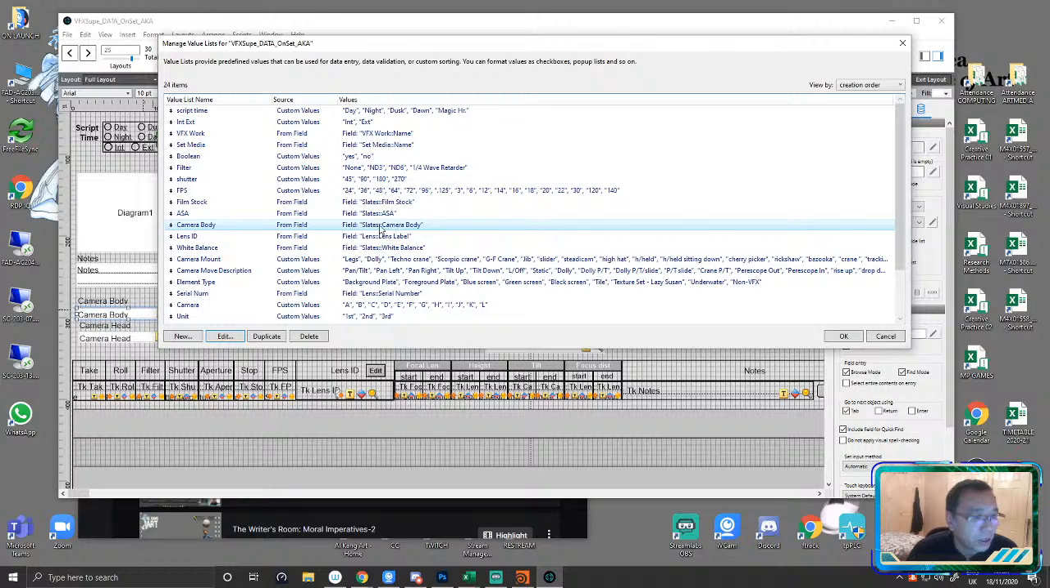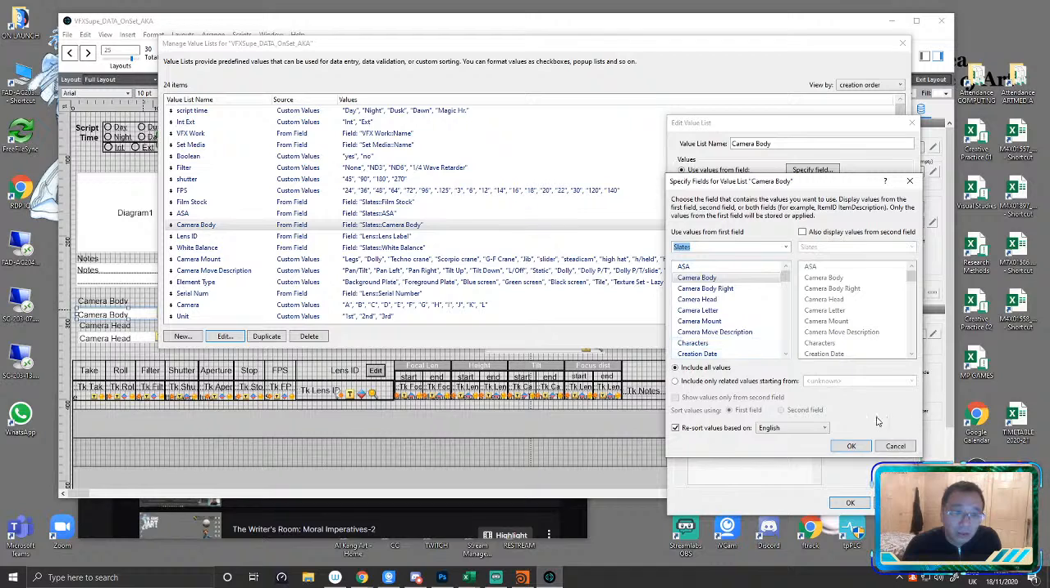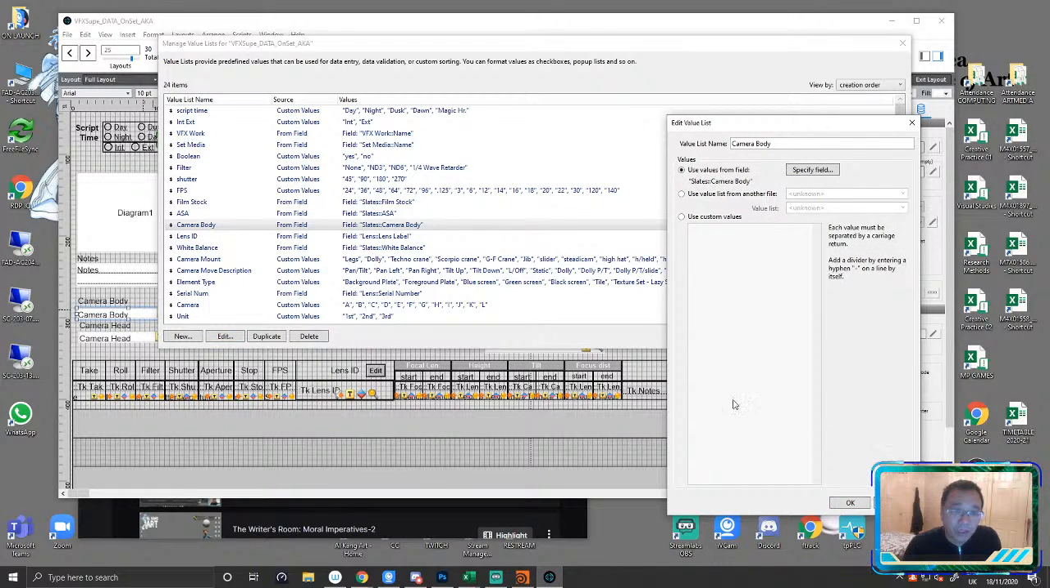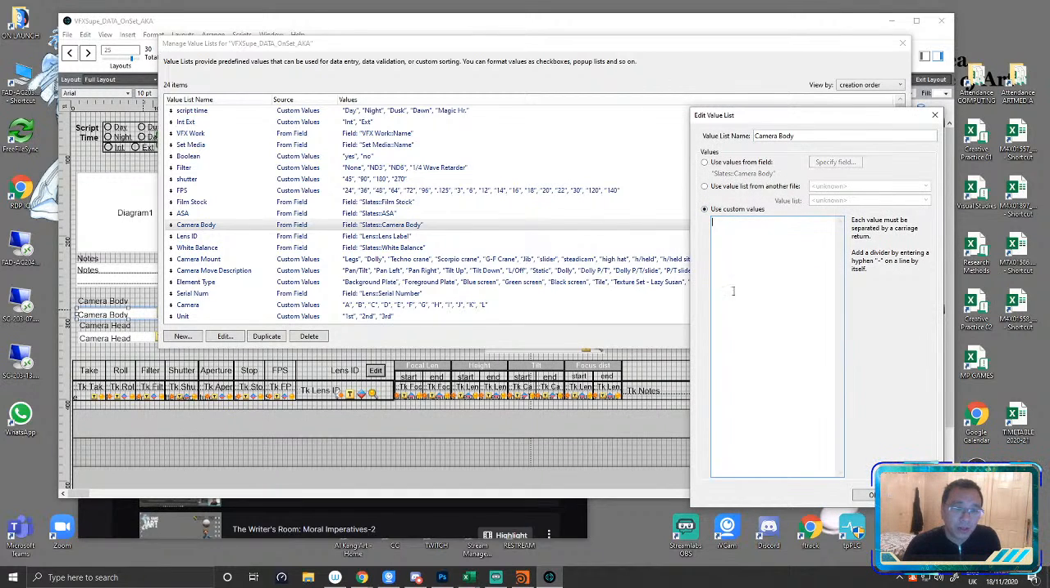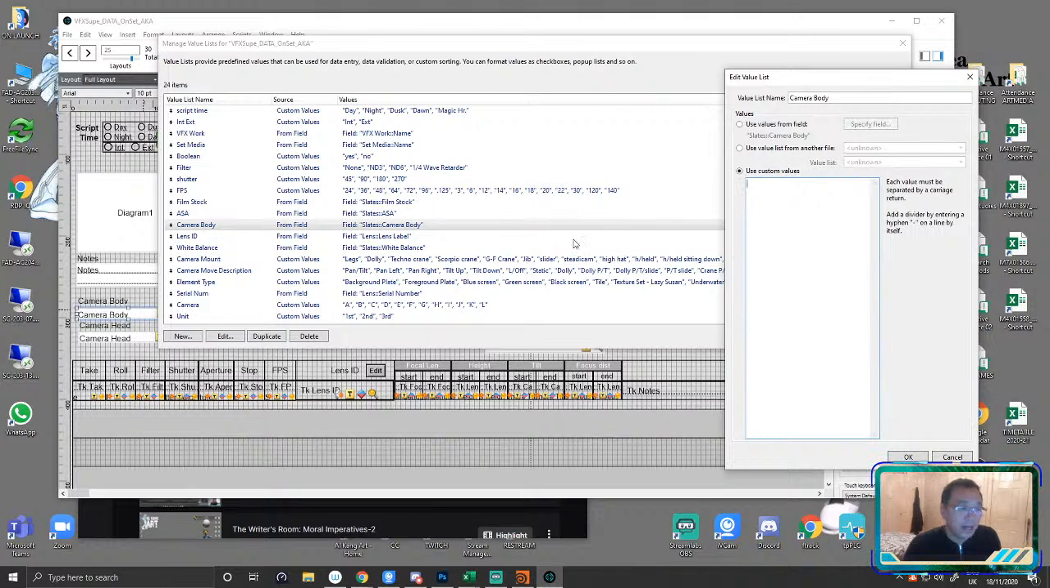There's a dependency with slates. Somewhere there's a way we can adjust the slates, and it'll access a camera body identifier, and then I can alter my list of camera bodies. I'm going to edit this and choose use values from this field. That field will be slates camera body. I think what I probably want to do, let's force the issue. Let's go camera body, and